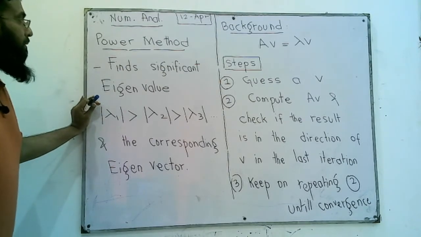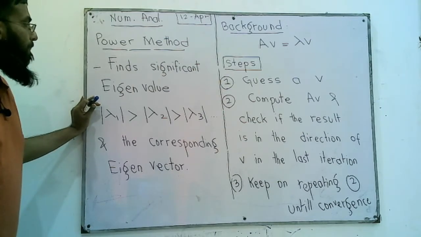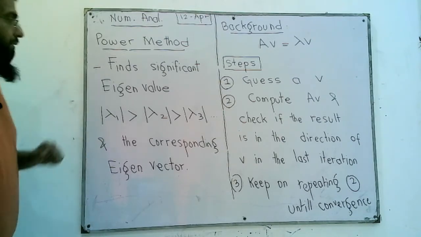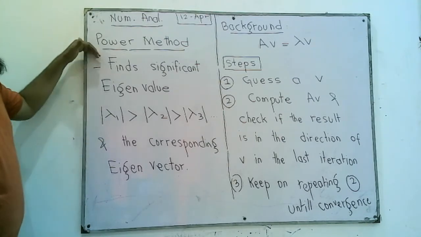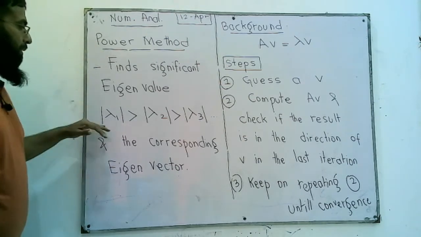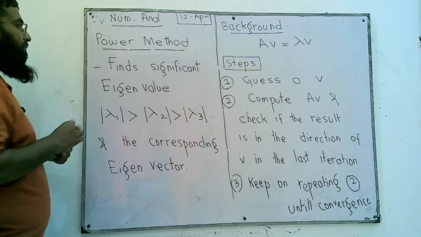In the previous lecture, we studied the method based on the characteristic equation to find the eigenvalues and eigenvectors. In this lecture, we'll use the power method. It's an approximate iterative method, and it is used to find only the significant